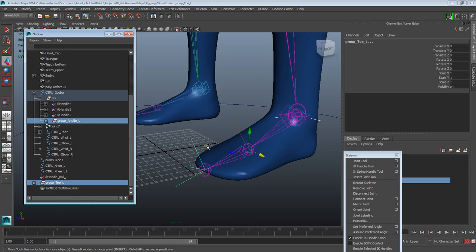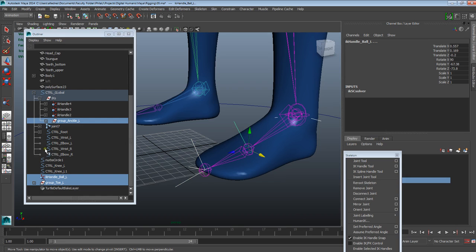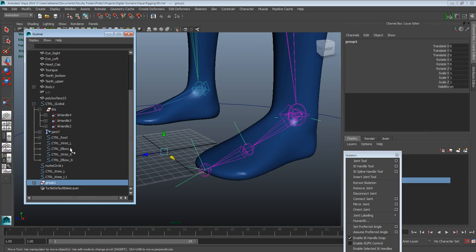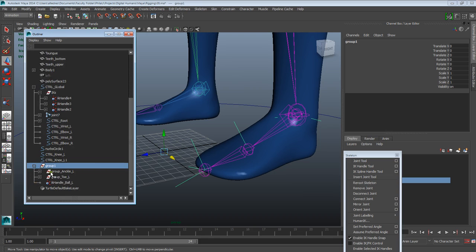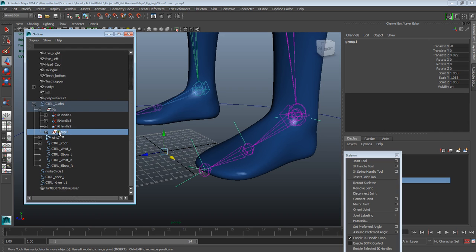Alright, and I'm also going to select the IK chain that we did from the ankle to the ball of the foot. Okay, I'm going to select all those three, and we're going to group these three together. So I'm going to do a Control G. Okay, and now that they're all grouped, I want to take them and put them inside my IK group that I created earlier, so they're all inside my global control. Okay,